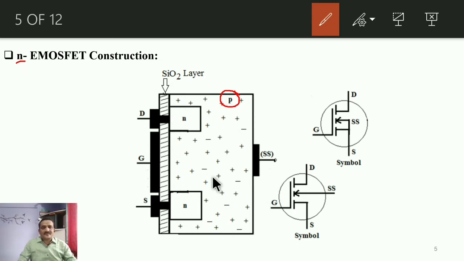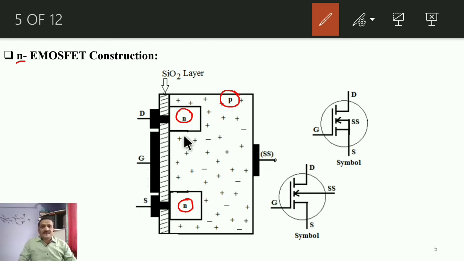Now in that substrate, small pieces of the opposite type of semiconductor, that is N-type, are embedded as shown over here. There is no physical contact between these two N regions. Remember, whatever is present between these two N-type regions is substrate material. So there will be no direct charge flow between those two N regions. To allow the flow of charge carriers, we have to induce a channel between these two, and that's why this is known as enhancement. Enhancement stands for to enhance, to induce.